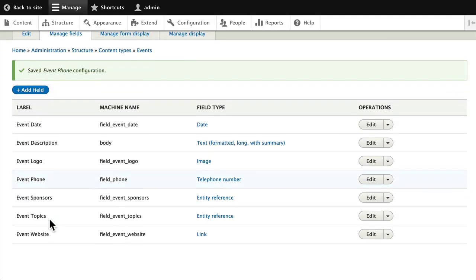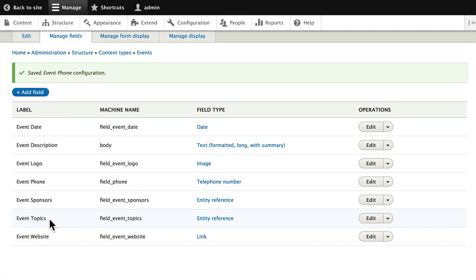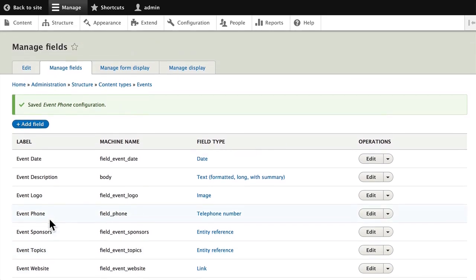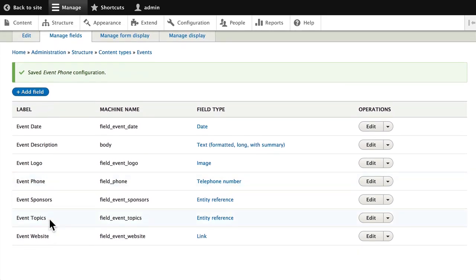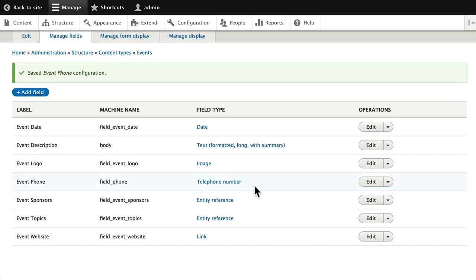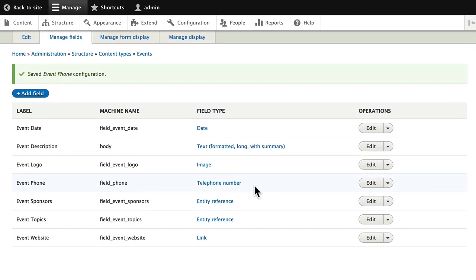Now here's an important thing to remember. We've used Drupal to generate all kinds of content, and then later on we decided that we needed another field. Well, Drupal didn't know that at the time, so now our phone numbers are completely blank. This is one example of why you want to use Drupal, because now I can just come back over here to the configuration,